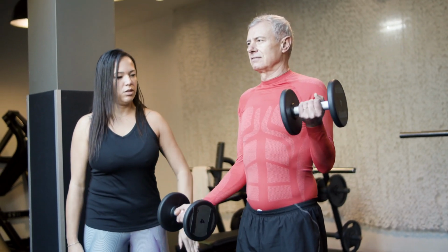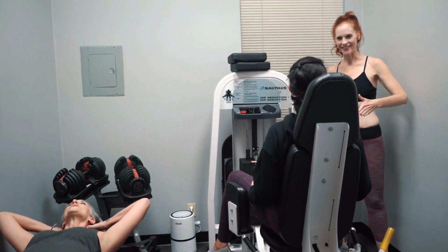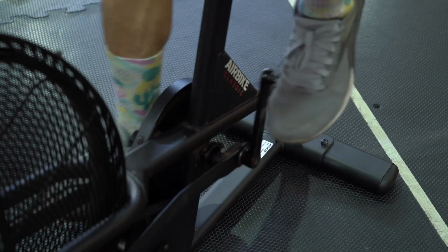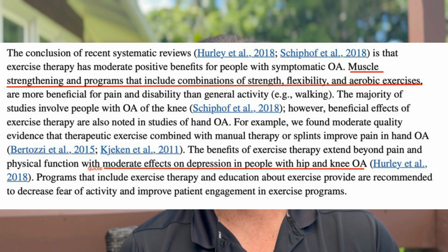And they've studied everything from weightlifting to aerobics to walking. You name it, there has been a study that's looked at whether it's an effective way to reduce the pain from arthritis. So if you look at all of the recent research articles, the ones that have been published in the last 4 or 5 years, what you're going to notice is that most of them have found that a